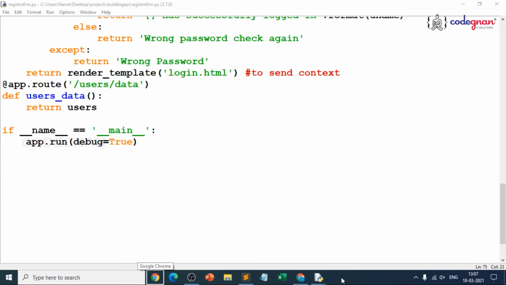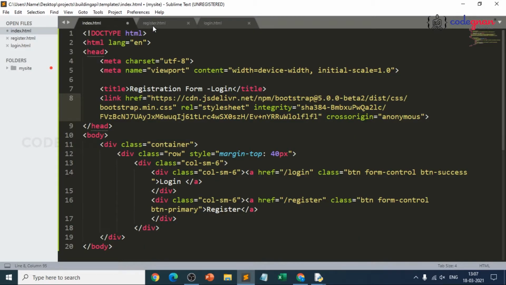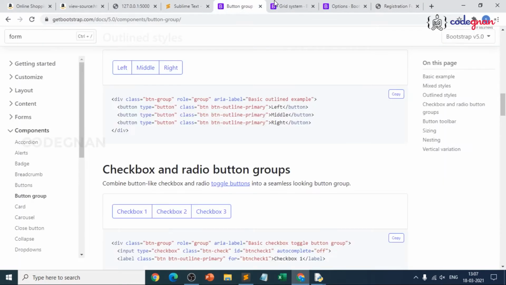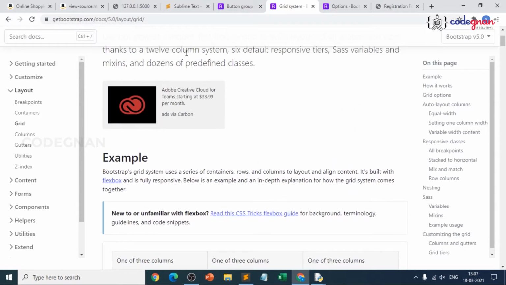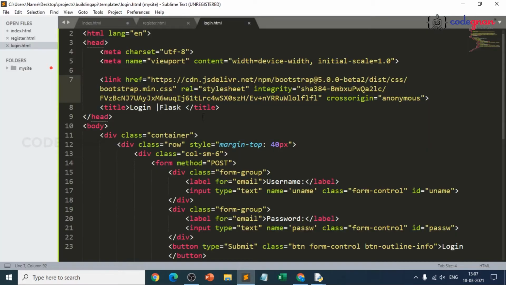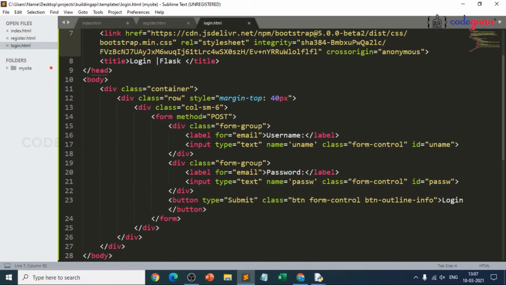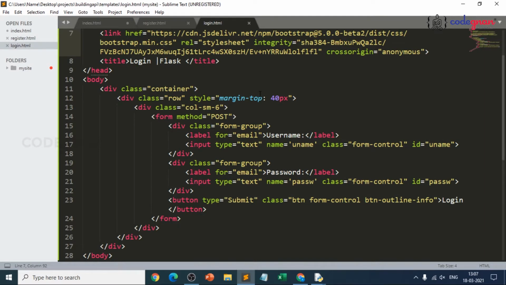So we have successfully developed our front end using Bootstrap, where we have used some simple techniques. If you could see here in the index, register and login HTML, I have directly used the buttons and grid system, everything from the Bootstrap website only. It's not copying. Basically, we just need to understand how you customize your web page, how you add the tags, how you add these links, and how you get the title, everything. Just make sure you practice it. You can give more stylings for your buttons and make it more interesting.